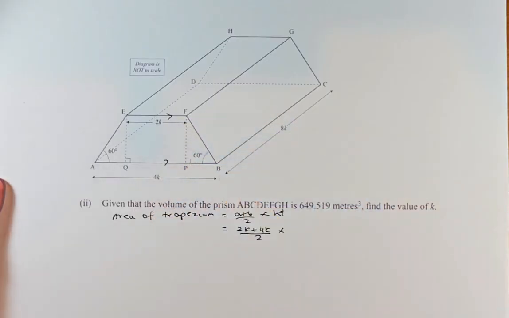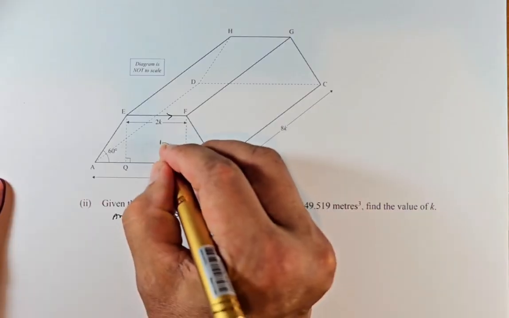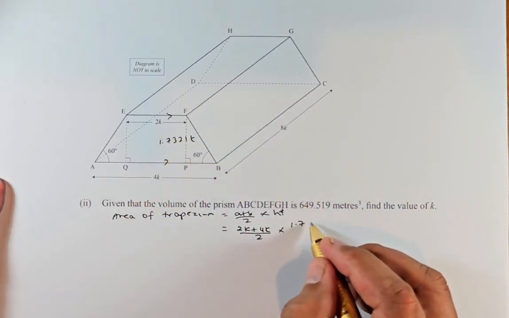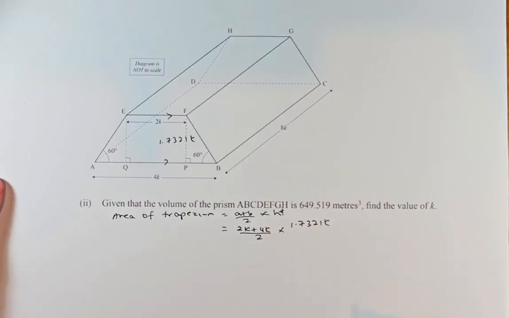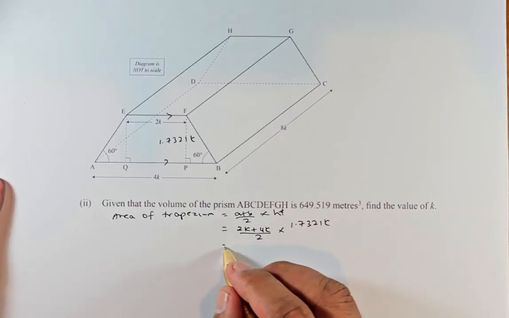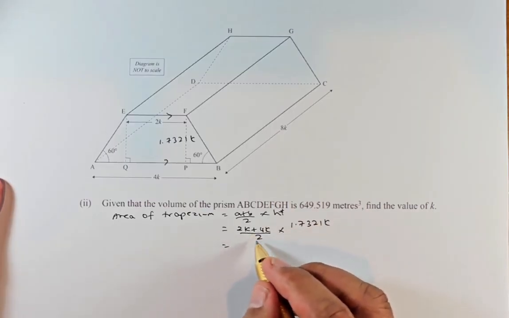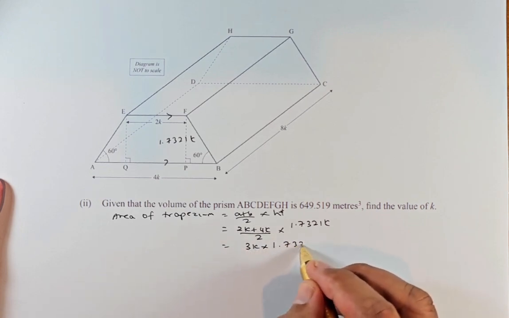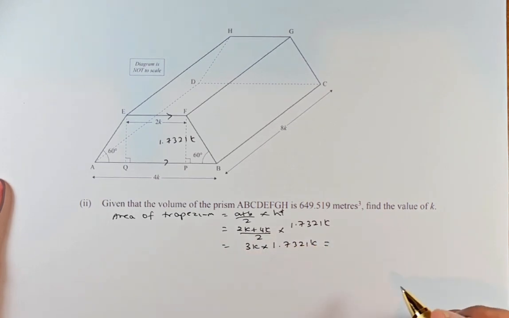We found in the last example the height of 1.7321K, so we're going to multiply by 1.7321K. So now simplify that. 2K plus 4K is 6K divided by 2, so it's 3K times 1.7321K, and the answer is going to be